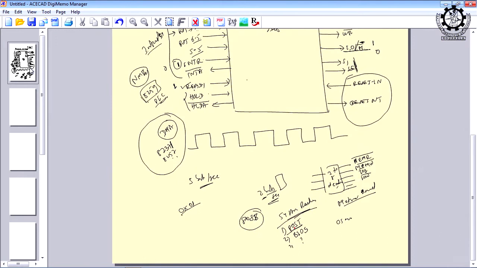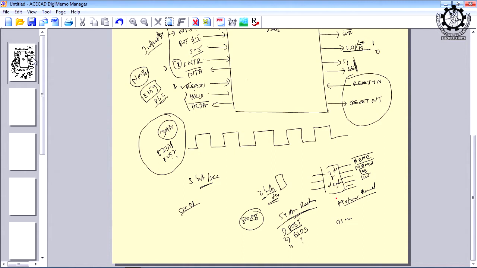So, power on self test is a simple routine whose task is to check each and every component of the microcomputer system, and if all the components are working fine, then it will initiate the execution of the BIOS, basic input output system, and it is the task of BIOS to initiate the execution of the operating system. It will ask for the operating system, and if the operating system is available, it will start executing the operating system, and if it is not available, again another error message will come on the screen.